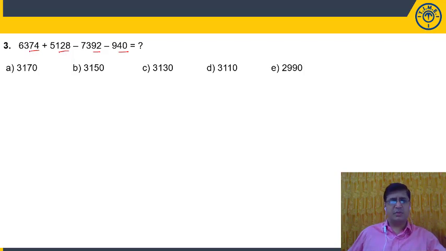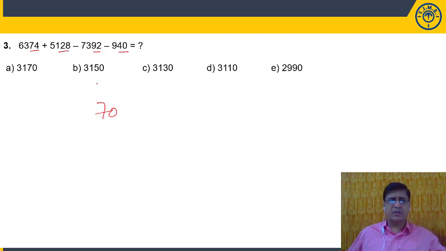Now my dear students, if you observe carefully, 70 plus 20 is equal to 90, and 90 and 90 get cancelled. Remaining here 12 minus 2 means 10. 10 minus 40 means it is minus 30. Minus 30 means complement of 100. Complements we need to observe. So minus 30 means 100 minus 30. 100 minus 30 is equal to 70.